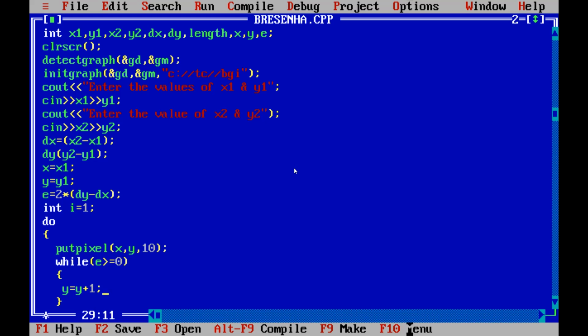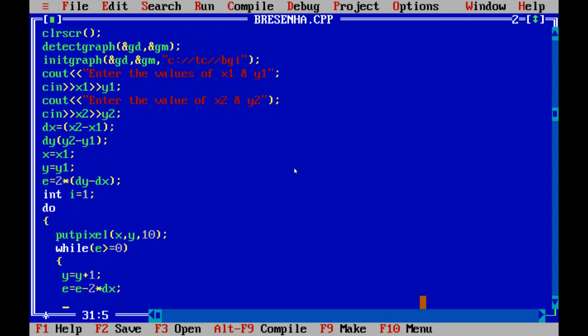And we calculate the decision value e is equal to e minus 2 into delta x. Again close the while loop.